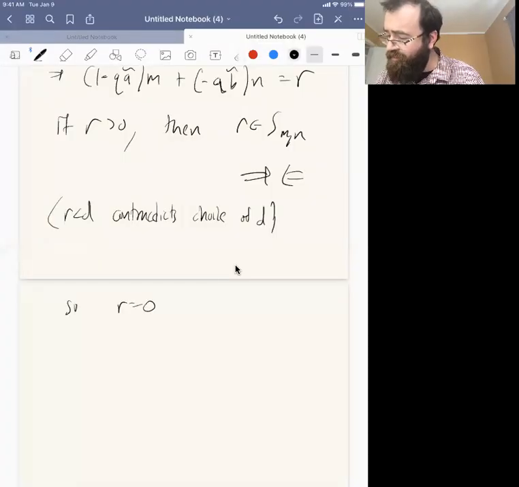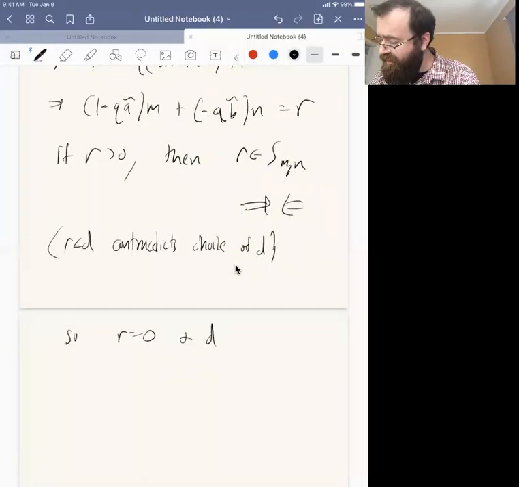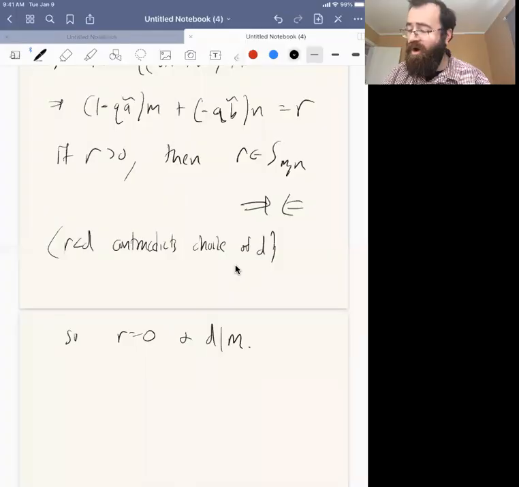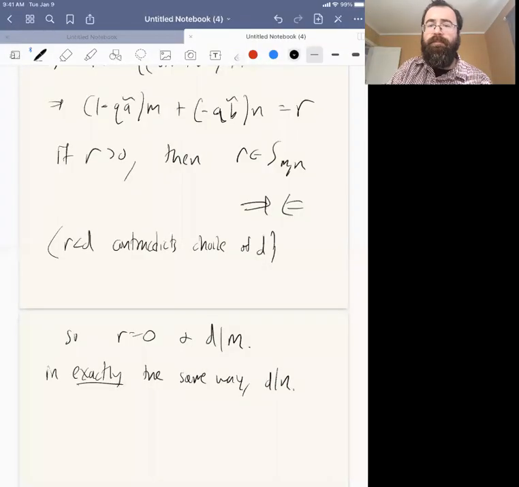So R equals 0, and what does a 0 remainder in your division mean? It means that D divides M, right? M is QD plus 0. And by the exact same argument with M swapped for N, D divides N as well. So in exactly the same way, literally no change in the proof, except for changing the names. D divides N. Okay, so we've got D divides M, and we've got D divides N, and that's the first